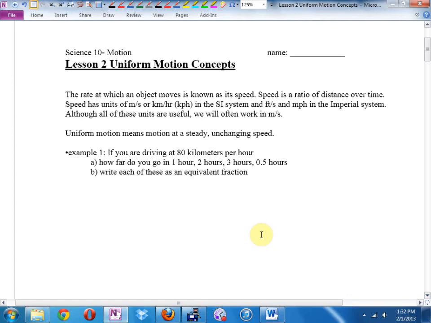And we're live. So we're looking at uniform motion concepts. Now, uniform is a fancy physics word, it means unchanging. Was Usain Bolt's speed unchanging in the video that you saw? Convince me.